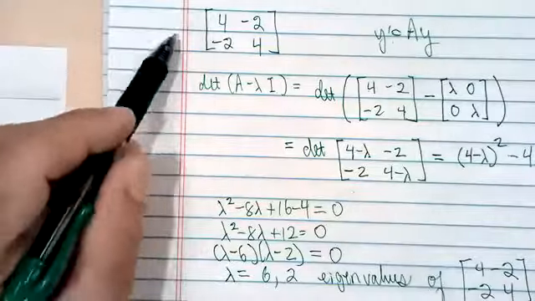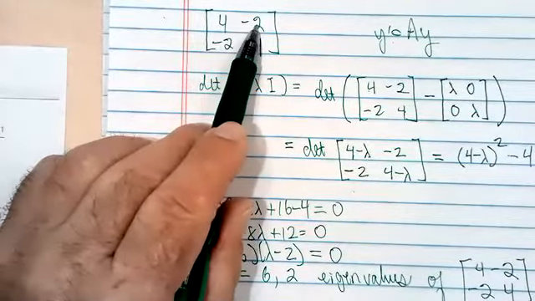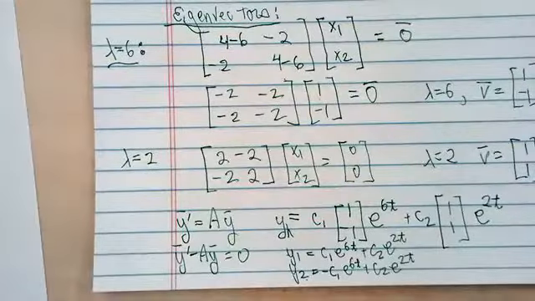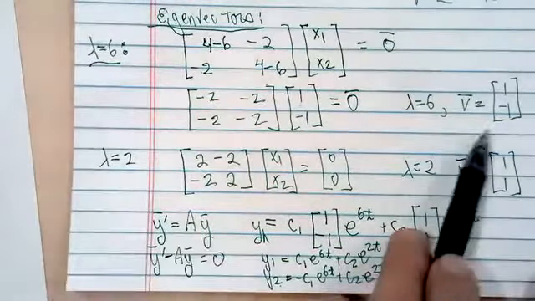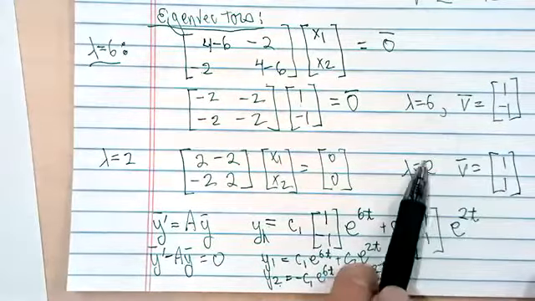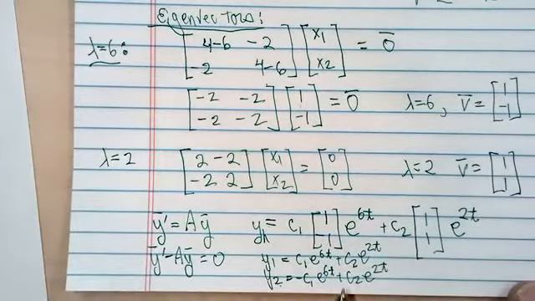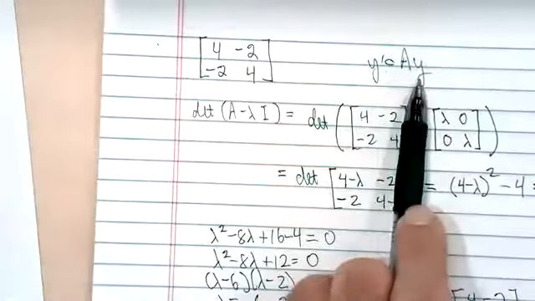That would be y1 prime equals 4y1 minus 2y2, etc. Okay, so if you can find the eigenvalue and an eigenvector that goes with it, and you've got enough of them, in this case 2, then you can write down the general solution to this differential equation,